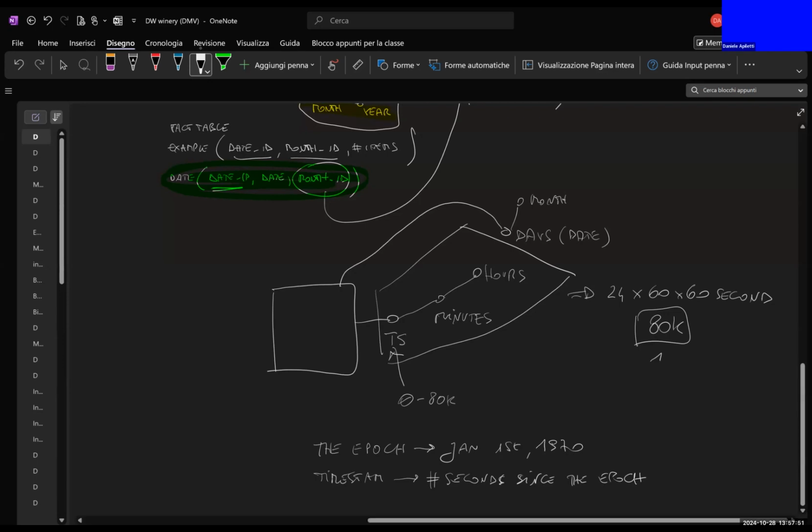So imagine these are the values for one day. And so how many days has passed since the 70s, okay? And you can multiply the value, you get millions, okay? Okay, so that is a pattern. In case it happens to your real life or an exam, an exercise, you need to model something below the date. So the hours, well, the hours, it's kind of borderline, because the hours multiply the dates by 24 only. So sometimes if you only have the hours, you can actually keep them connected to the date. But if you go below, like the minutes or the seconds, you tend to split the dimension, even if you